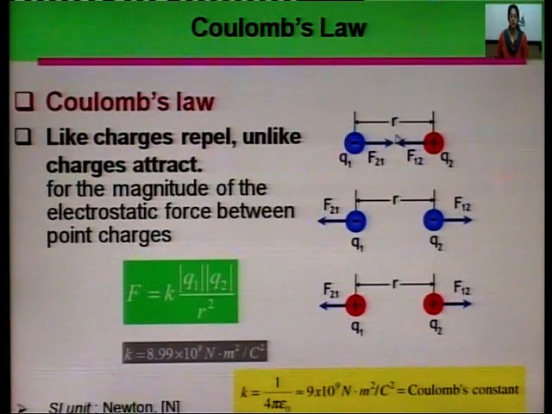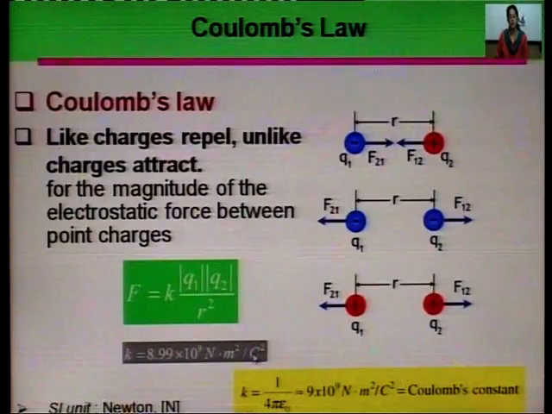Now suppose we have two charges, the magnitude of one is Q1 and the magnitude of the other is Q2. This is a negative charge and this is a positive charge. The distance between the two is R. Then the force between the two charges is given as a constant K times the magnitude of Q1 times the magnitude of Q2 divided by R square, where R is the distance between the two charges, and this K constant has a value of 8.99 into 10 raised to the power 9 Newton meter square upon Coulomb